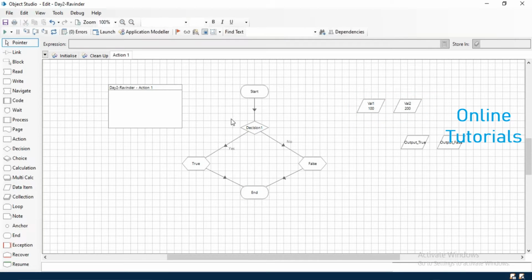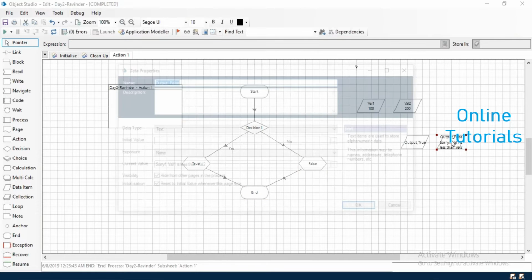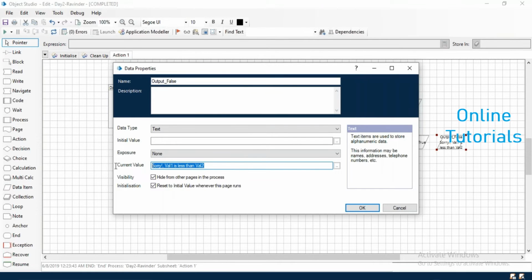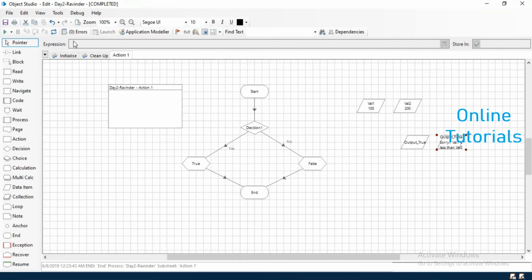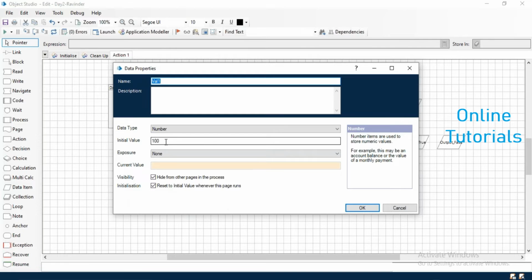It means your condition is going to false, and in this false it is going to execute this part. It means it is going to print, sorry, val1 is less than val2. Execute. Now you can see false. Now here you can see, if you go over here, sorry, val1 is less than val2. Now if I just change this statement here, suppose I make it as a